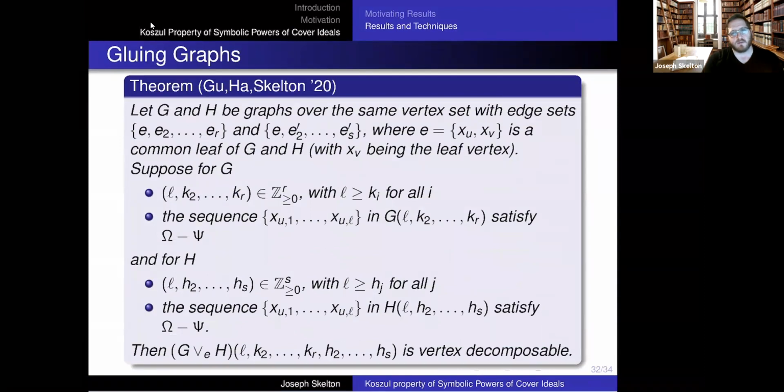We also have a gluing theorem. I won't read it to you, I promise. What this basically says is if you have two graphs with a whiskered vertex that meet the criteria of Selvaraj, where all copies of that one vertex meet the criterion, then you can actually glue those graphs together along the whisker. You don't need a cycle cover or anything like that, just as long as that one sequence of that one vertex works in both graphs, glue along the whisker, and you're golden.